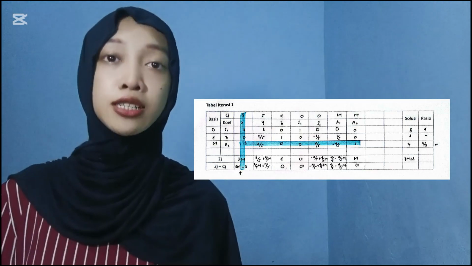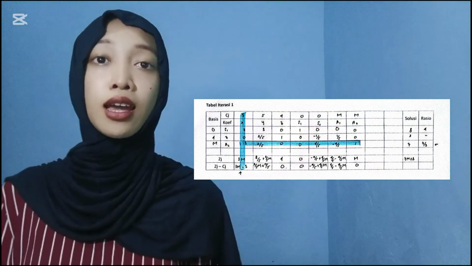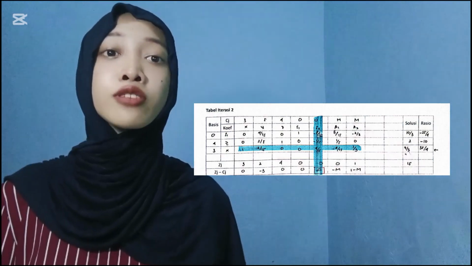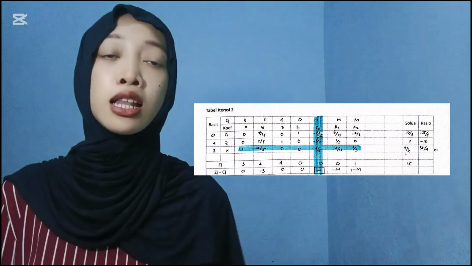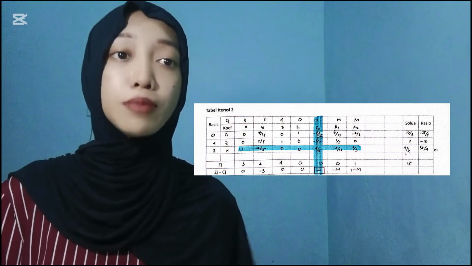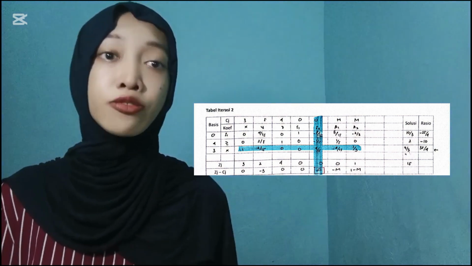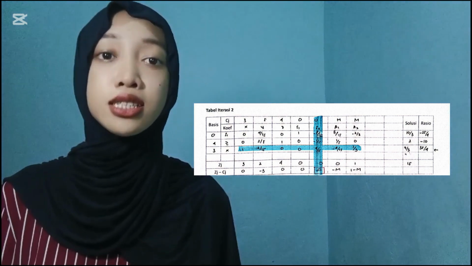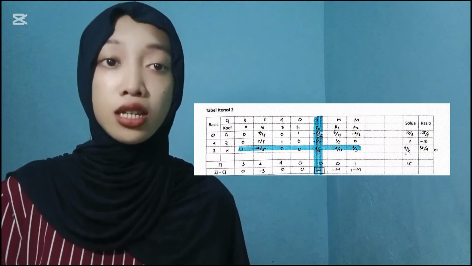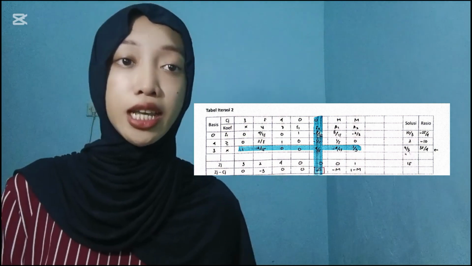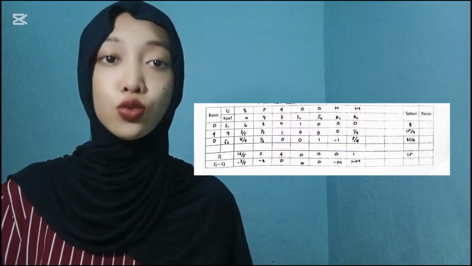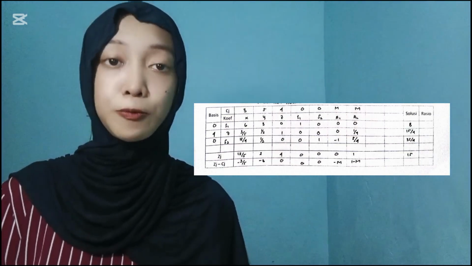First iteration, second iteration. Since all of Zj minus Cj is less than 0, then the table is optimal. But there is a non-base variable that has a value in Zj minus Cj equal to 0. Thus, this minimization case has multiple solutions, so we can continue to the next iteration.